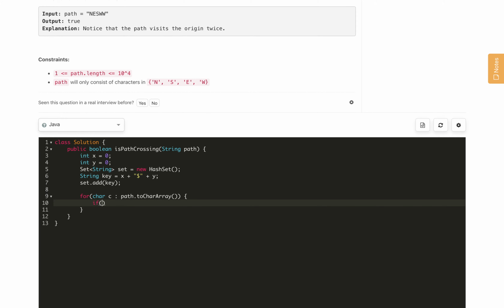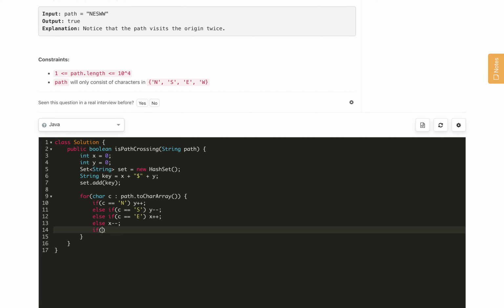We will check if c is the character N, then we just do y++. In the second case we will check if it is south, in that case y--. The third case is if it is east, in that case we will do x++. And in the last case, the else, we will just do x--.